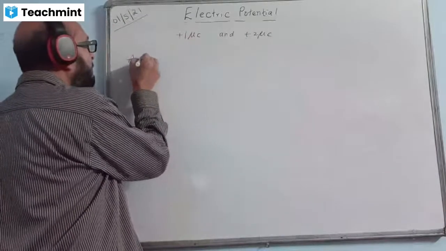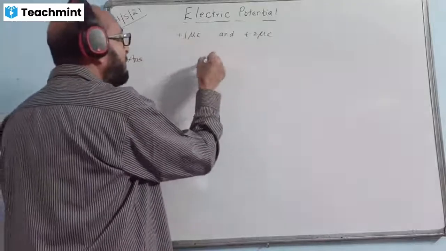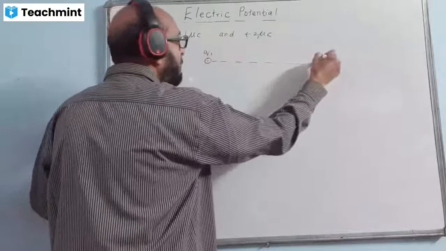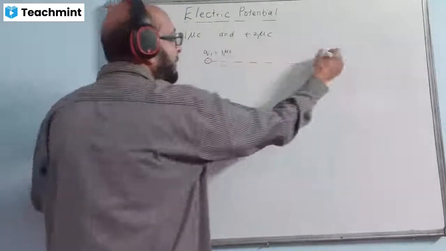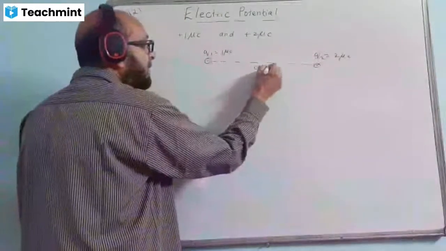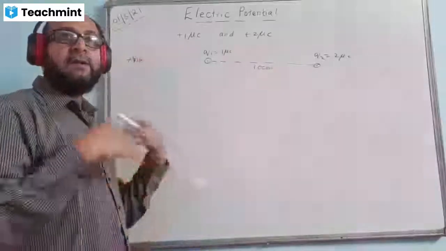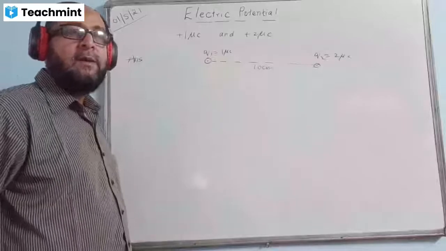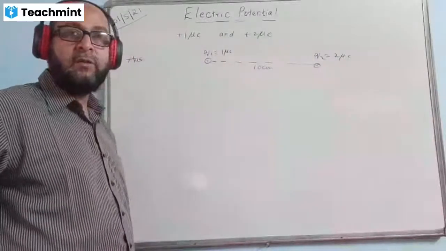So now see the answer for this question. Question says there are two charges. I'll draw a diagram first. This is Q1. This is Q2. Q1 value is given 1 microcoulomb with a plus sign. Q2 value is 2 microcoulomb. Separation between them is given 10 centimeters. Now, in the next case, we have to reduce the distance by 2 centimeters. That is, the new distance between them is supposed to be 8 centimeters. 10 minus 2, 8 centimeters.